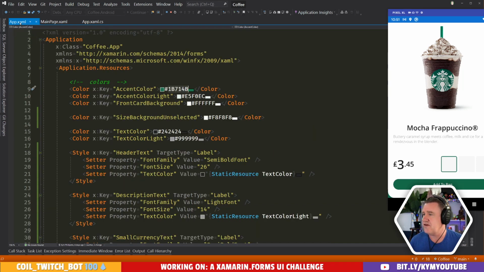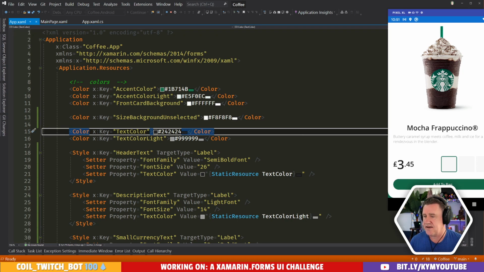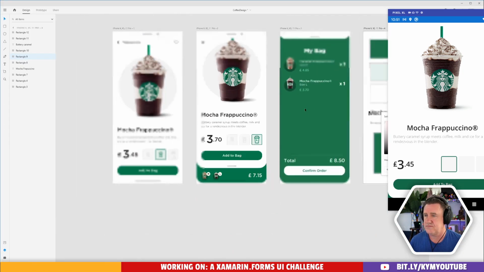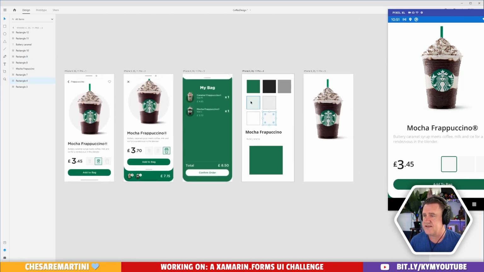And let's grab our light accent color. Selected one.